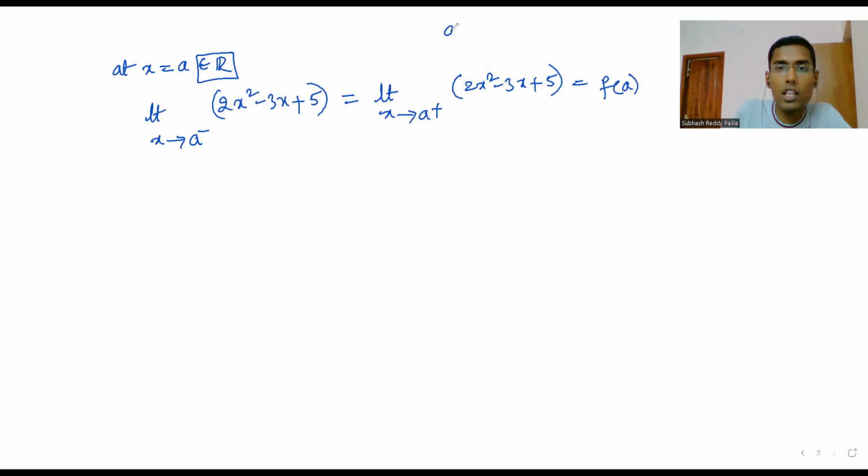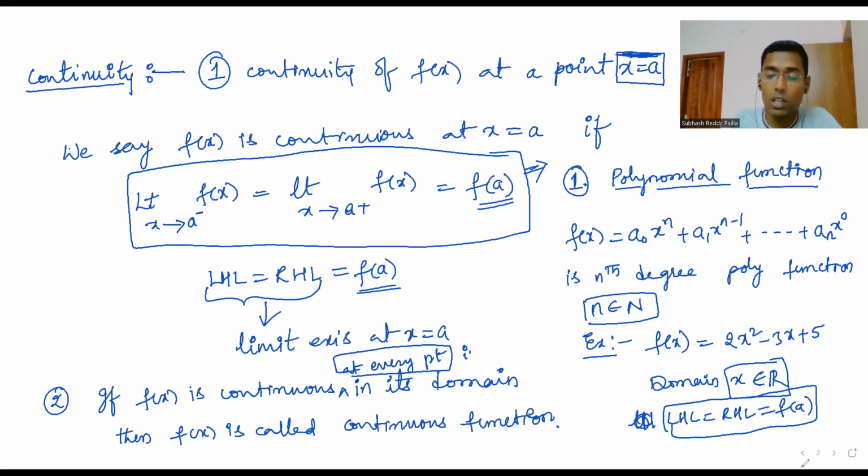So here let's say a equal to 2. If a equal to 2, what will happen? For the left hand limit you just substitute, for the right hand limit also you substitute, and f of a also you substitute. So you always get equal. This will not be so meaningful, because limit means substitution here. So where is a discontinuous function? That is the question. This is a simple one, but you should understand two things: